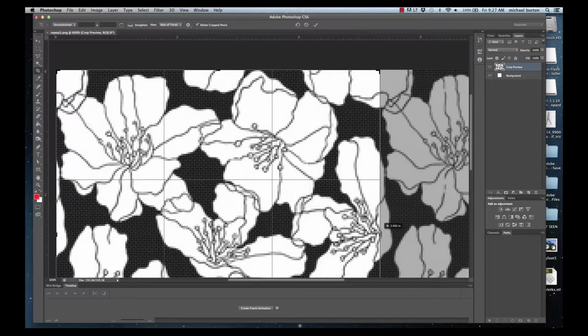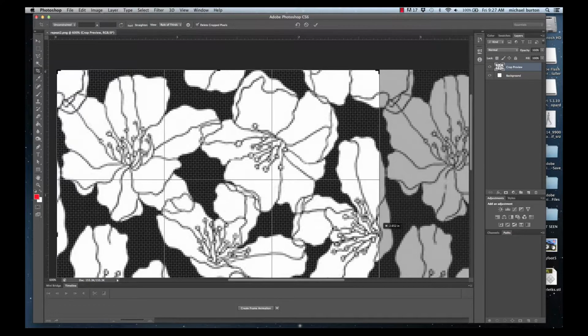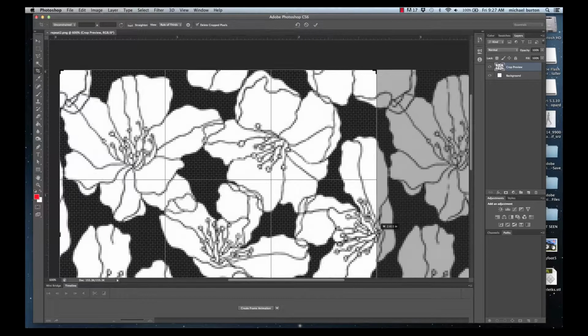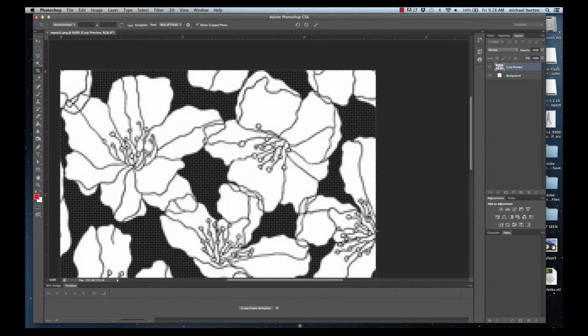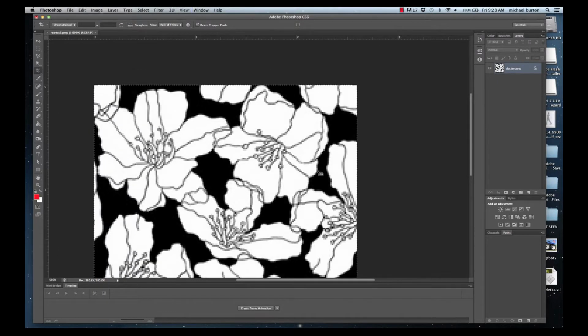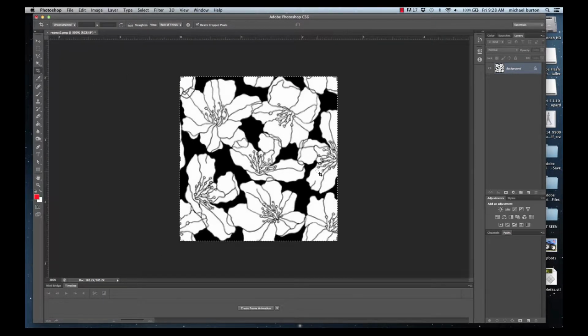and here I need to be about a pixel away from it as well. So that looks pretty good, but I'm going to make a mistake on purpose to show you how to correct it using the clone stamp tool. So I'm going to pull it back a little ways and crop it down. This will probably happen to some of you. So this is hopefully the design unit, and hopefully when I set this into repeat it will work. So you'll need to take down your design to what you feel is the design unit, and then we can